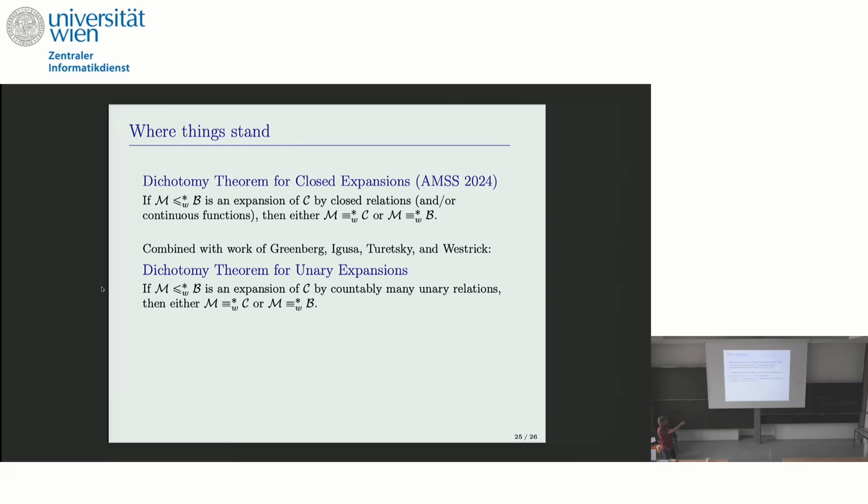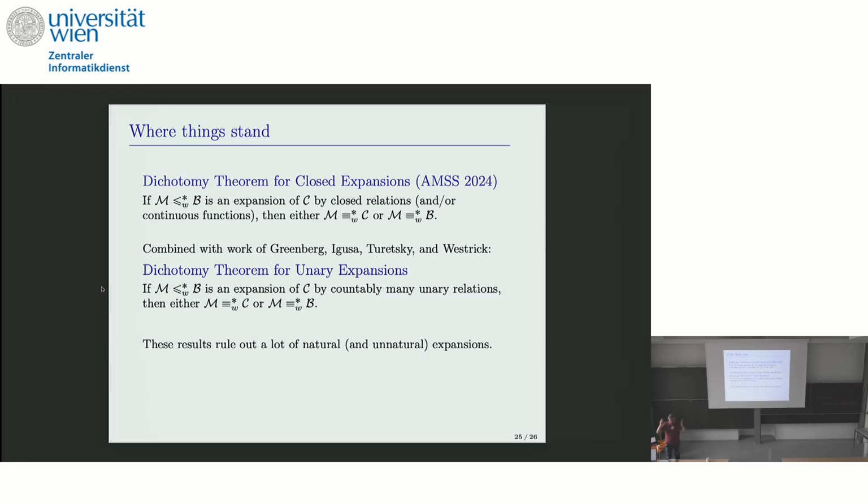It is that if you, instead of looking at closed or continuous expansions, you look at countable, arbitrary, unary expansions, you can't get an intermediate degree. I'm pretty sure it's easy to see that you can't combine these two. The intuition that you have in the two arguments is just different. They don't really combine. But between the two of them, they rule out a lot of really natural and unnatural expansions of Cantor space.